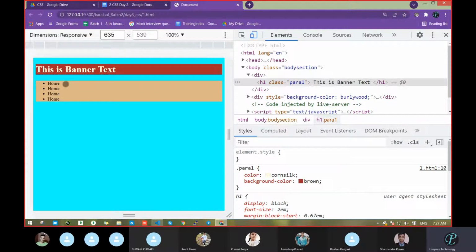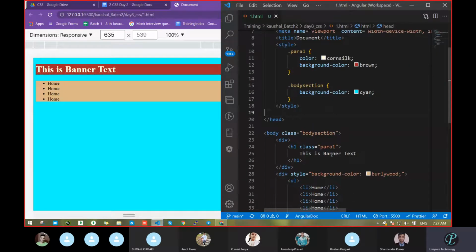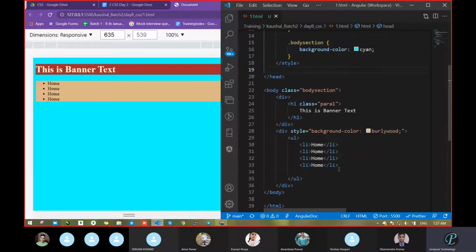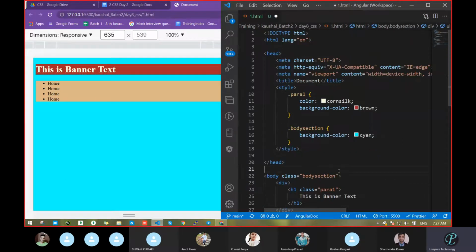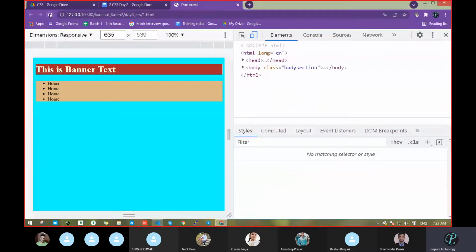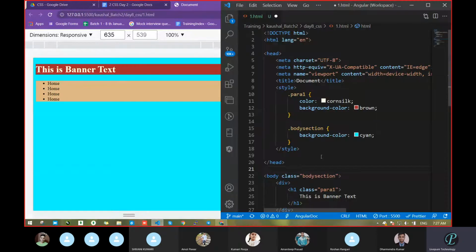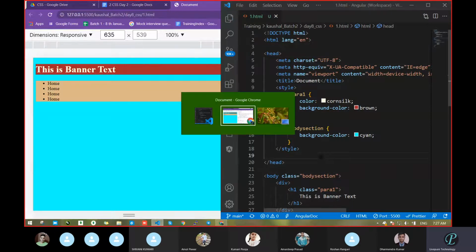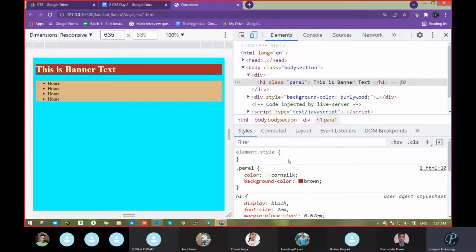This is banner text, then home, whatever color name we had passed. From where is that coming? That is coming from our source code, in the sense of our VS Code, whatever we had passed there. Correct or not? So this is permanent. Whatever we had written here is permanent, because even after refreshing the page it is not going to change, because these all come from the main source itself. But when you write anything in your DOM, it will change.